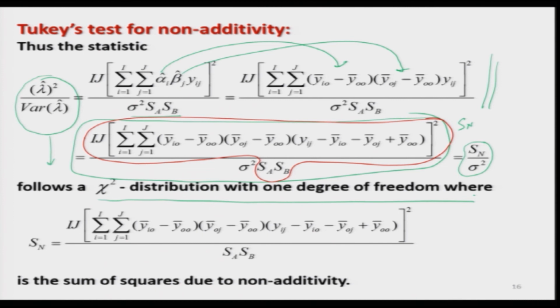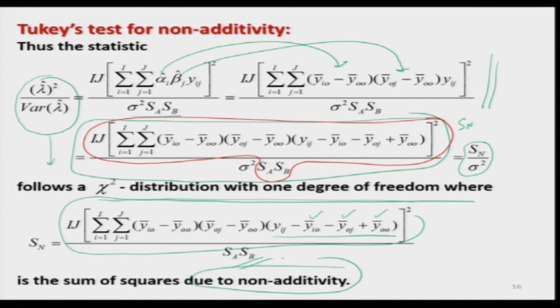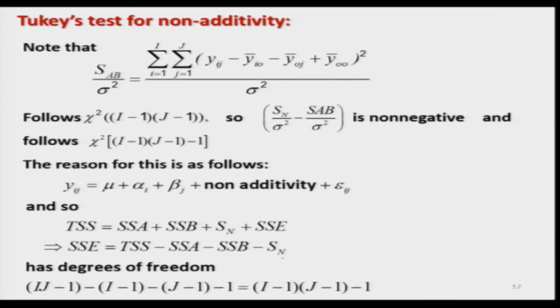And this quantity here, Sn, which is given by the double summation over i, j of (y bar i0 minus y bar 00 into y bar 0j minus y bar 00 into y_ij minus y bar i0 minus y bar 0j plus y bar 00) whole square, divided by SSA SSB. This is the sum of squares due to non-additivity, right. So now one question comes here: you have seen earlier that SAB upon sigma square,